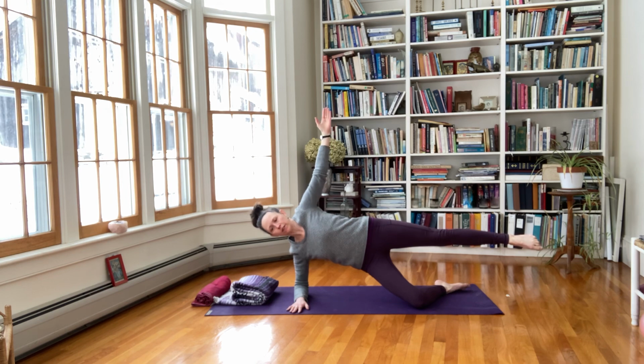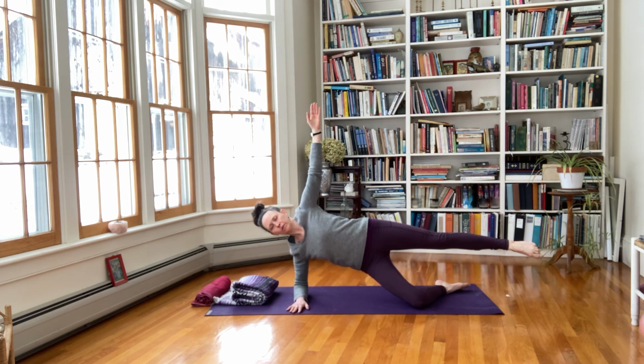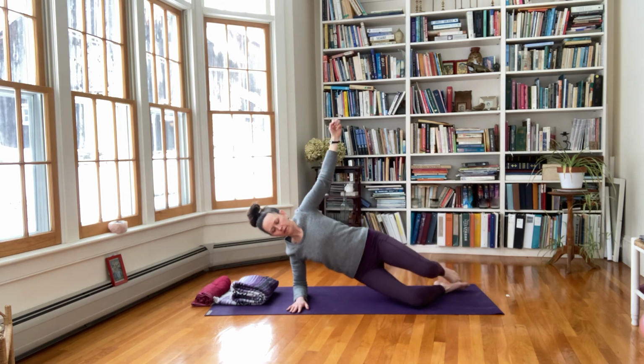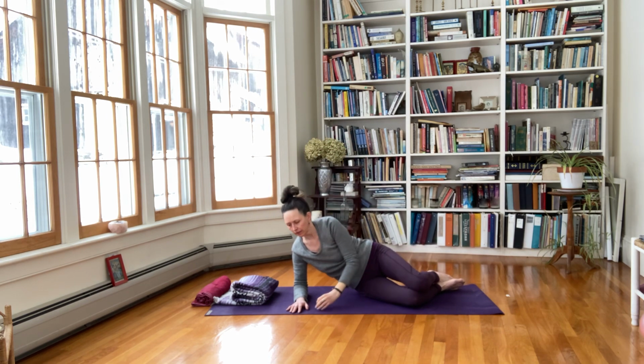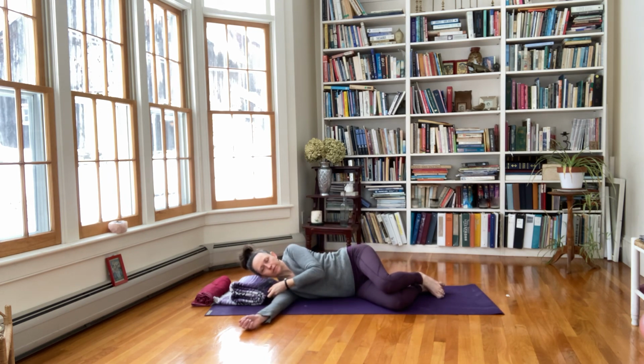Open across the front of the chest and even the front of the armpit. And reach up. Again, if there's tension in the neck, teeth very gently together, head slightly back. See if that helps. Bend the knee and come on down. Now, supporting the head,